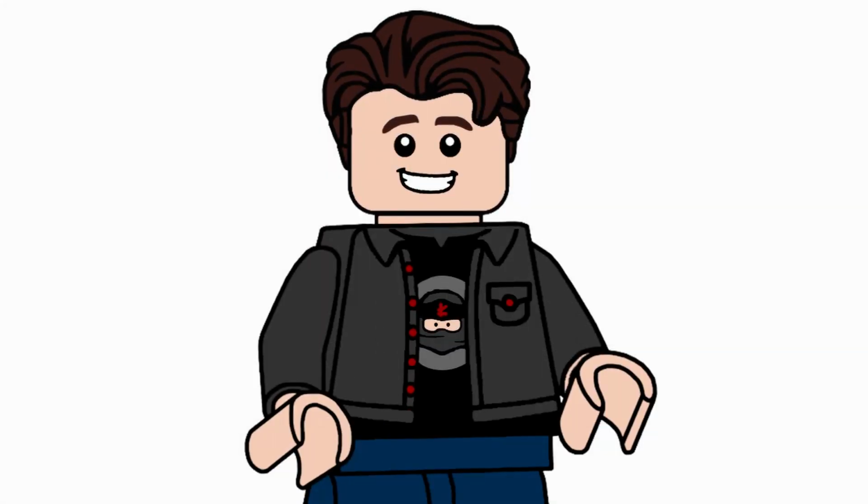Hello everybody, welcome to Deluxe Collectibles, and today I'm going to be ranking my top 10 most wanted LEGO minifigures of summer 2021. Now keep in mind for this list, it's not actually my favorite minifigures of summer 2021, but just the ones that I want the most out of all of these sets that are going to be releasing, and I might not even necessarily want the figure because of the set. It might just be a figure that I want to purchase individually